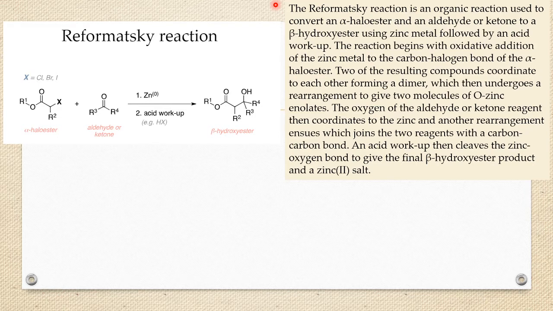Reformatsky reaction is an organic reaction which is used to convert an alpha halo ester. Alpha halo ester: this is an ester and this is the alpha position halo. This reacts with an aldehyde or a ketone to create a beta hydroxy ester in the presence of zinc. So two of the resulting compounds will coordinate with each other to form a dimer. This then undergoes a rearrangement to give two molecules of